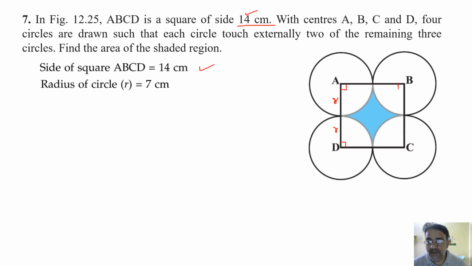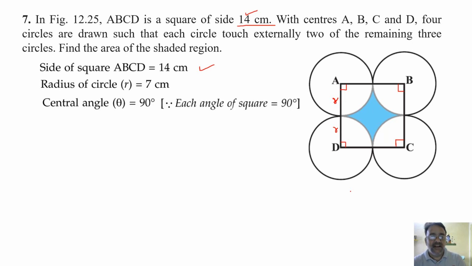Okay, if you remember the formula of quadrant, you can write directly 1 by 4 pi r square. सपोज क्वाड्रेंट का फॉर्मूला याद नहीं है तो फिर यू कैन टेक पाई आर स्क्वायर थीटा बाई 360 एंड यूजिंग दिस 90 डिग्री यू कैन कैलकुलेट द एरिया ऑफ 4 quadrants. Okay, so what is the area of square here?